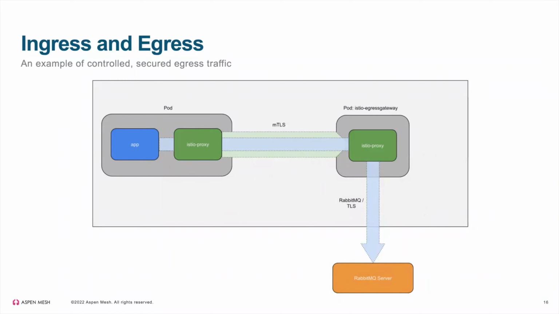The communication between the proxy running on that app's pod and the proxy running on the egress gateway is then wrapped and tunneled in mTLS. So it's actually wrapping that encrypted RabbitMQ connection in mTLS between those proxies, and then the proxy on the egress gateway will terminate the mTLS and send the encrypted traffic on to RabbitMQ. So again, another example of the app knowing nothing about this proxy. It's just sending to the hostname, and the proxy automatically picks that up and routes it through the gateway. So your developers don't need to know about that.